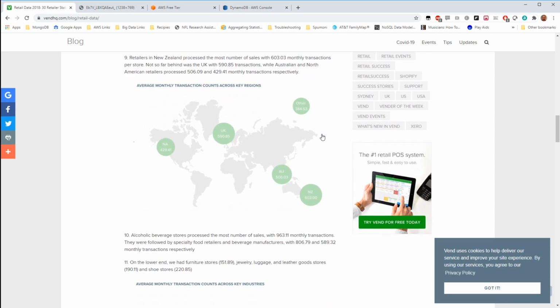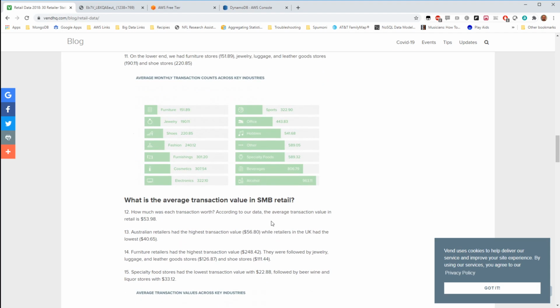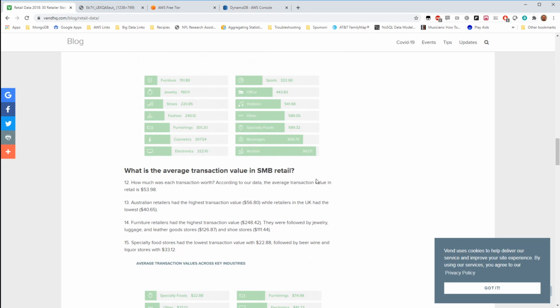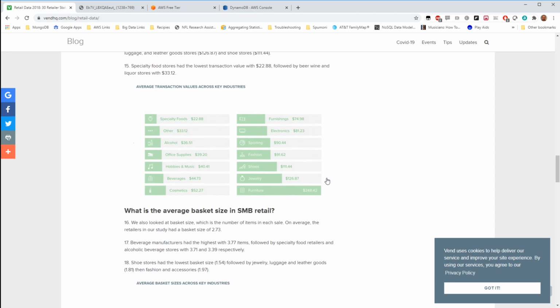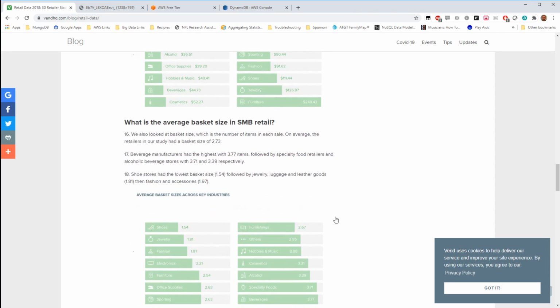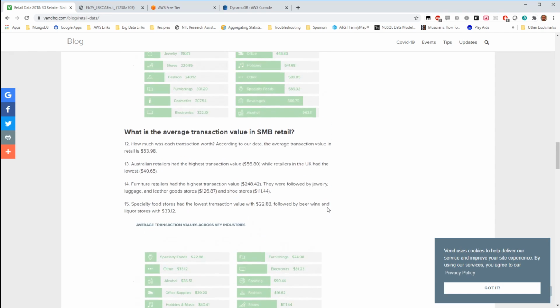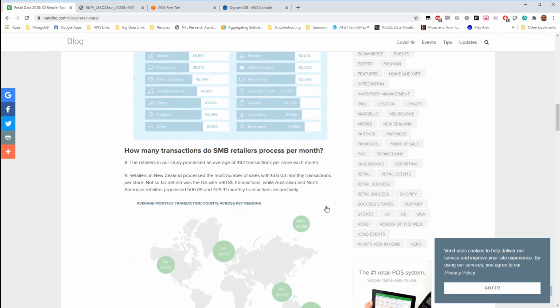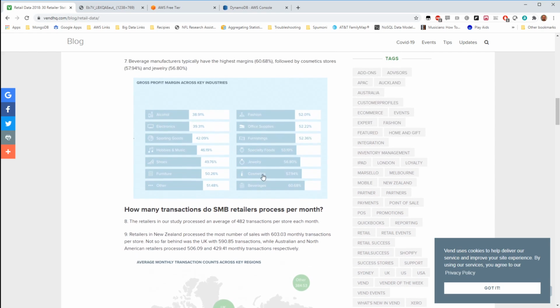The velocity of these things is reasonably low. So when you look at the average transactions in XMB retail, values in velocity, where was the transaction size? How many transactions, right? Average retailers process about 482 transactions per store each month. These obviously aren't like grocery outlets. These are more places where you would see,